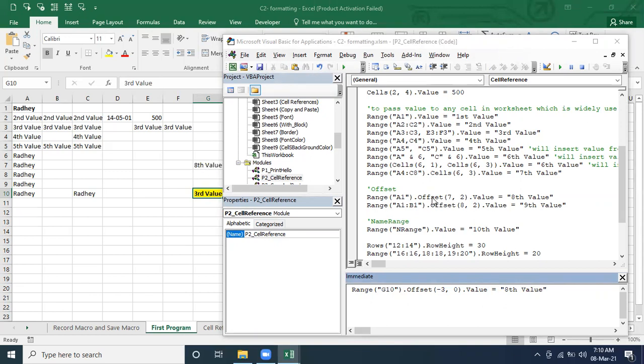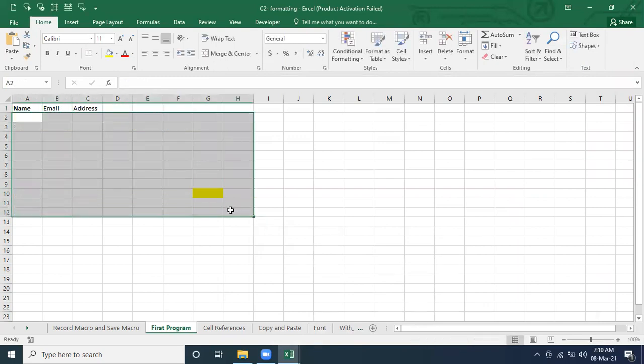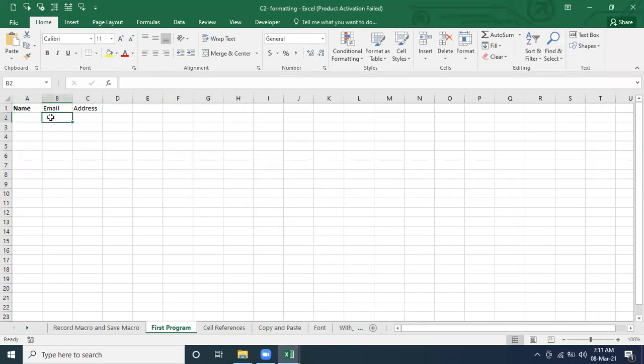So offset also plays a most important role if you want to update or delete with respect to some record. Let's say I already demonstrated, but again I am going to tell you. Let's say you have a name, email ID, mobile number, and address. Name can be anything. Name can be the same or not, we can't say. But email ID can't be the same for two different persons.